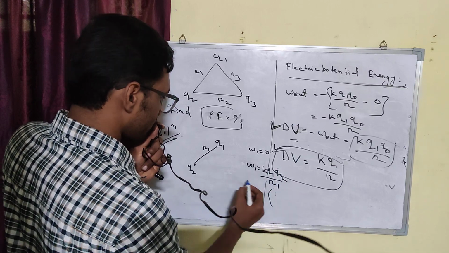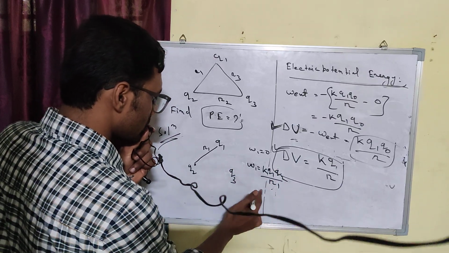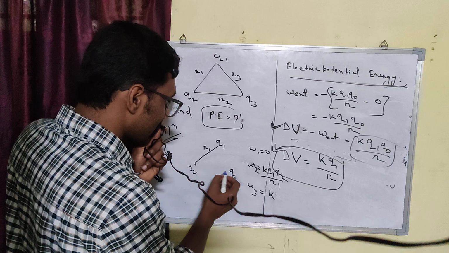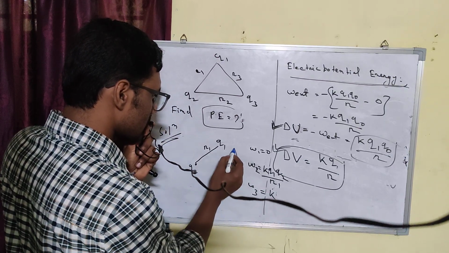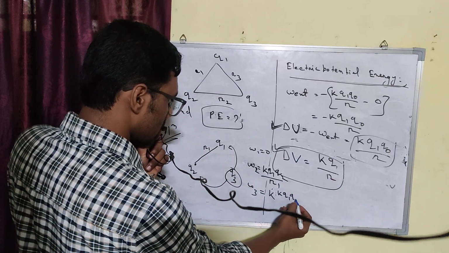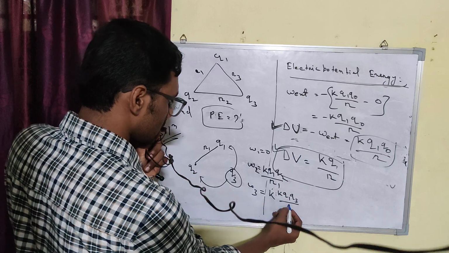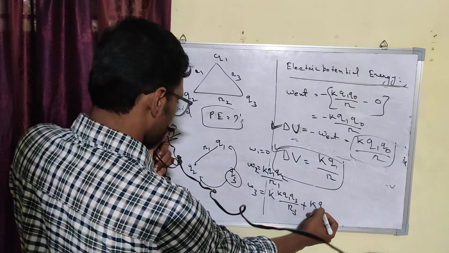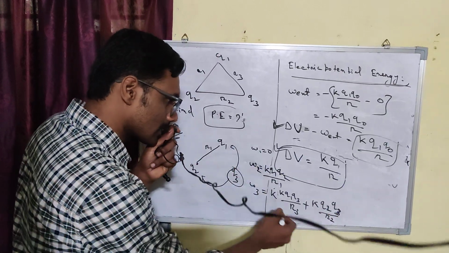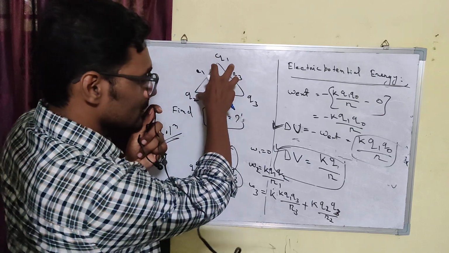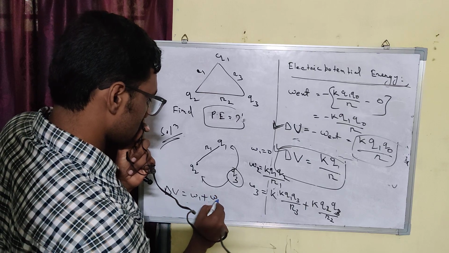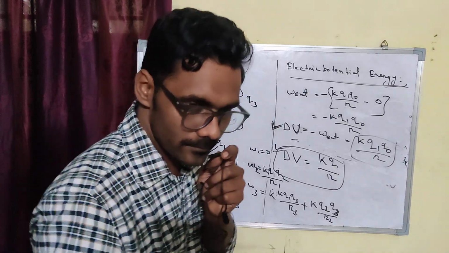K Q1 Q2 by R1, और जब Q3 चार्ज को लेके आएंगे तो क्या हो जाएगा? ठीक है, यहाँ पे this Q3 charge is going to influence this charge and also this charge, so K Q1 Q3 by R3 plus K Q2 Q3 by R2, so this is the total work done to maintain this system। so if we will add them, so total potential energy will be W1 plus W2 plus W3, okay।